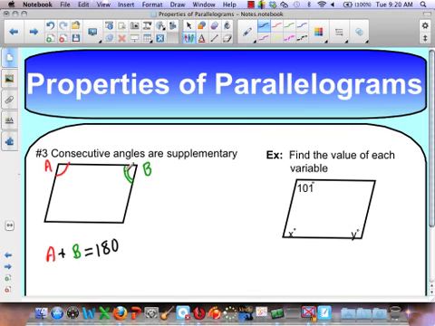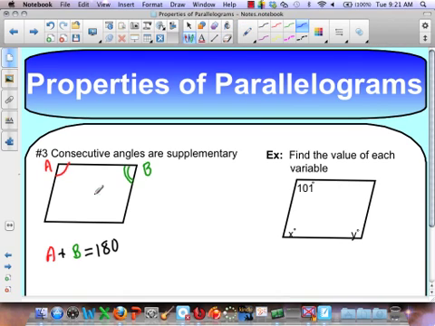Now remember when we did parallels and transversals, and we said sometimes we call them the same side interior, and we also might call them consecutive interior? This is where that consecutive interior angles comes into play. And if you think about it, it totally makes sense. If these two lines are parallel, then segment AB is a transversal, so therefore I have same side interior. And if I flip that around,